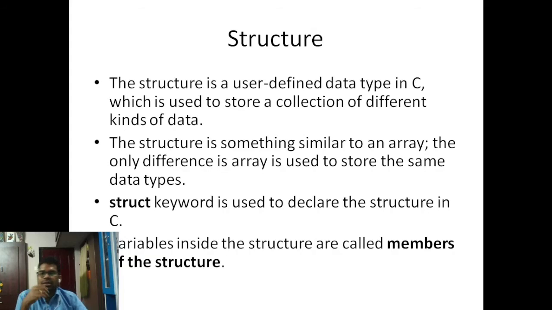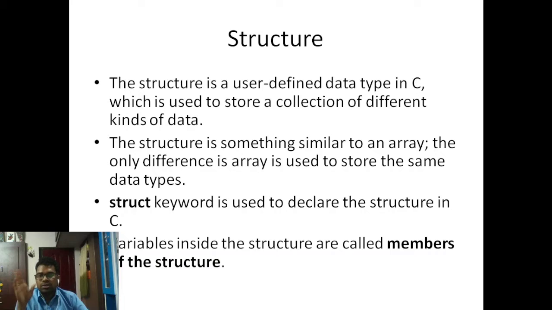So the next one is structure. The structure is a user-defined data type in C which is used to store a collection of different kinds of data. Previously, we used to have similar kinds of data, but here you can keep different kinds of data.